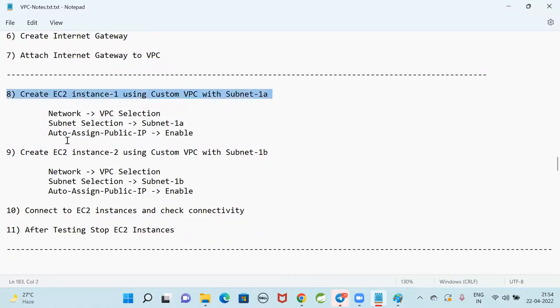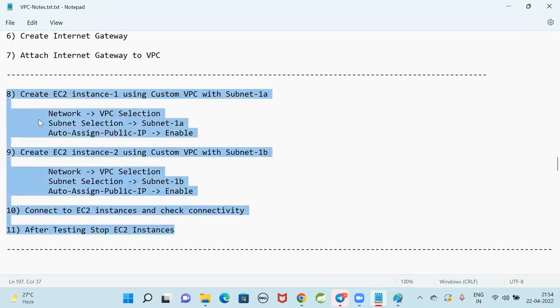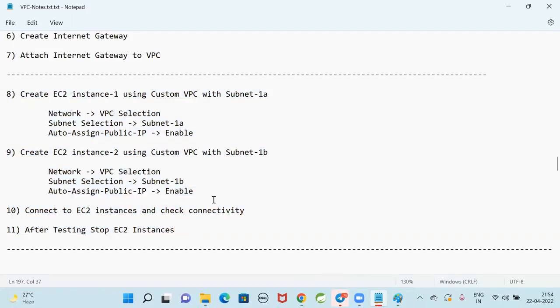Tomorrow we'll work on this VPC setup. I will tell you how to work with the public subnets and private subnets. So please practice this VPC before coming tomorrow. Tomorrow we'll work on VPC only, guys. VPC is not yet completed. I will tell you how to connect from a public subnet to a private subnet by using a route table. All those things we have to